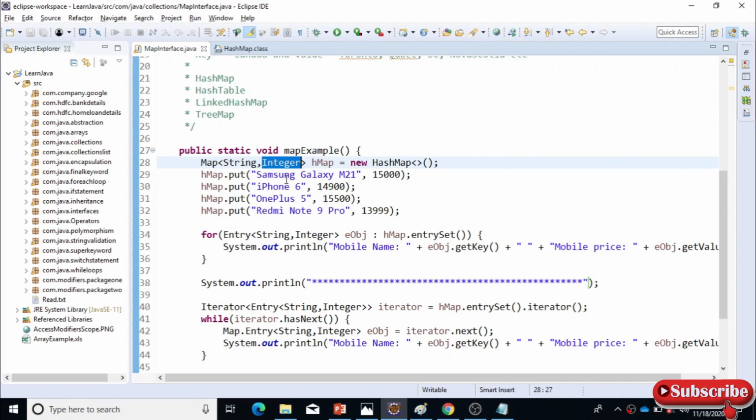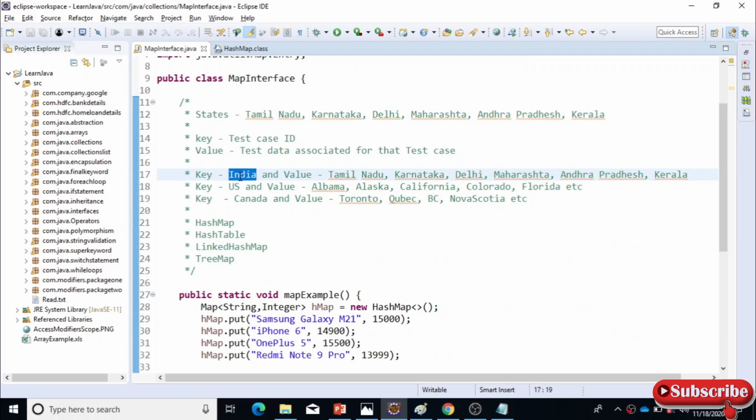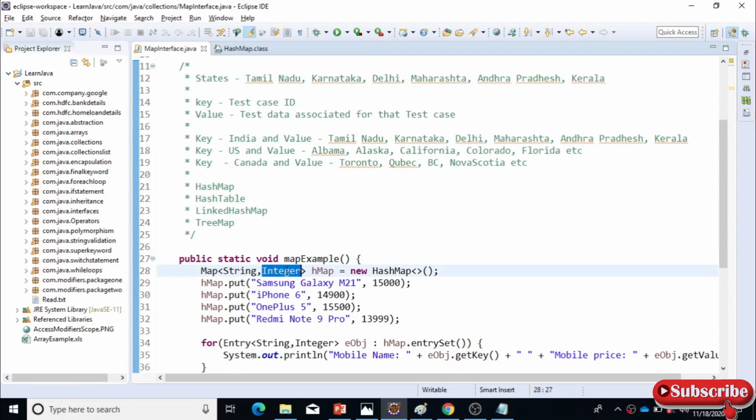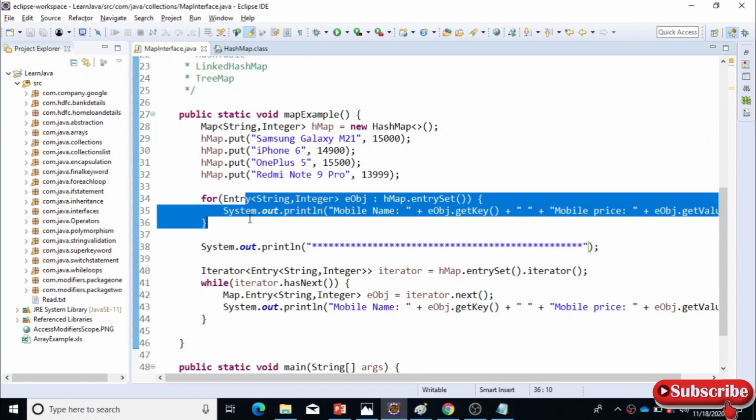Okay, but in case, as I said, here the key will be one value, right? It can be a string, but the value you can see it will be a list. Okay, so at that time you have to pass a list inside this one. You can pass a list or another hash map inside this one. So however complex you can create, you should know how to traverse through that complex hash map.